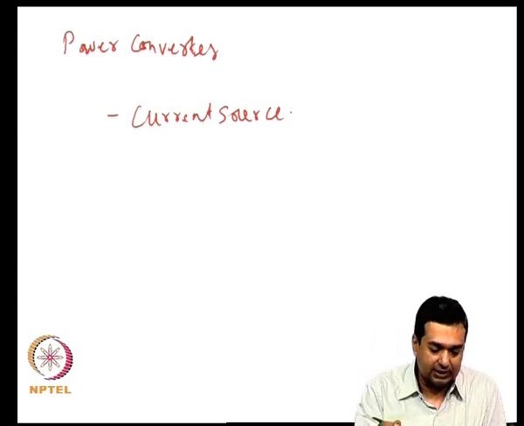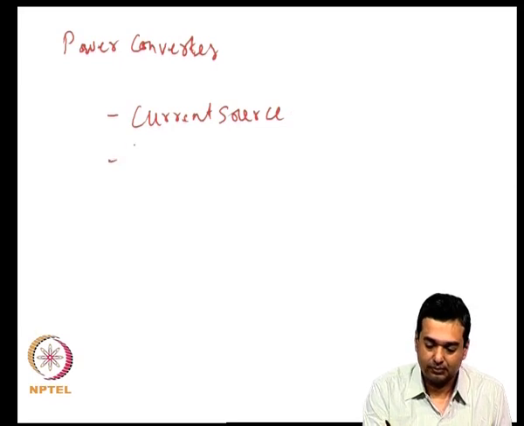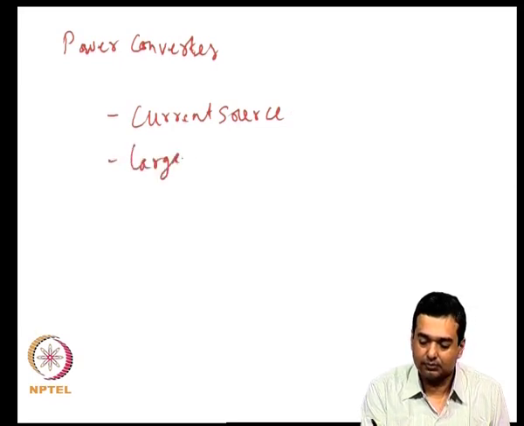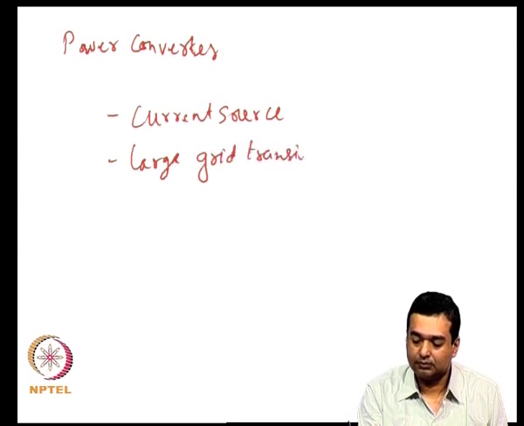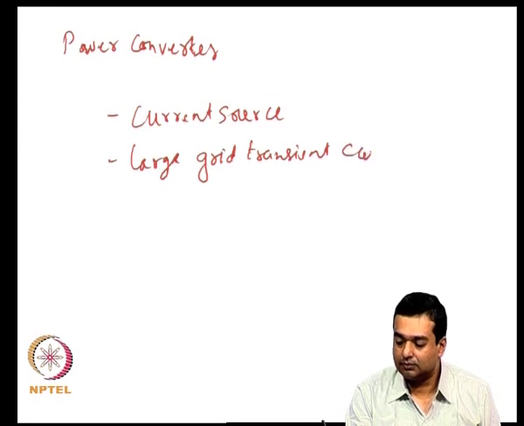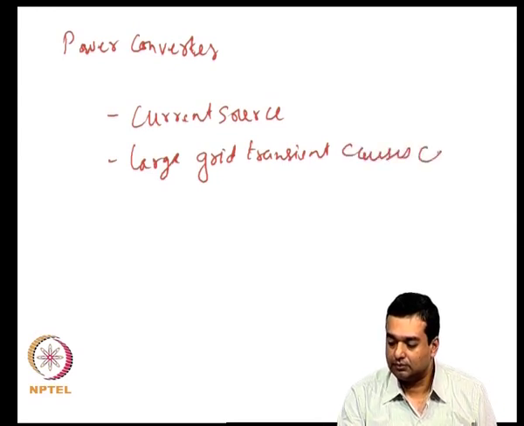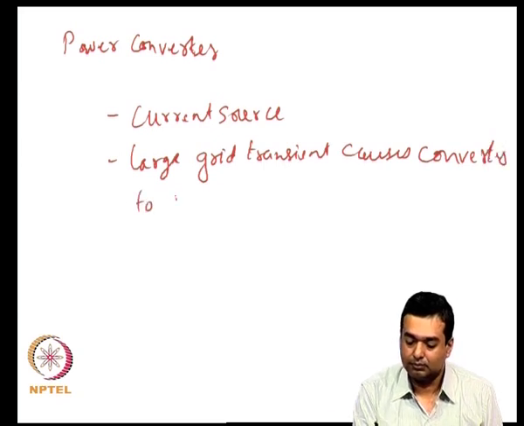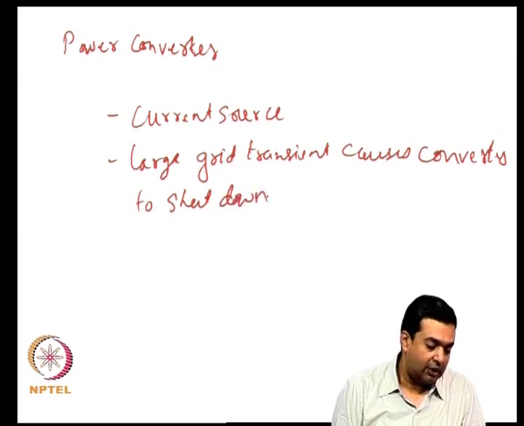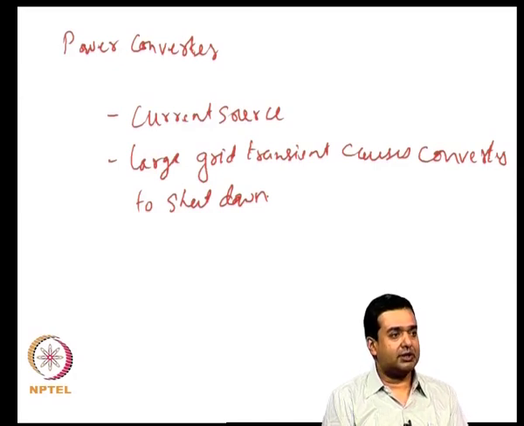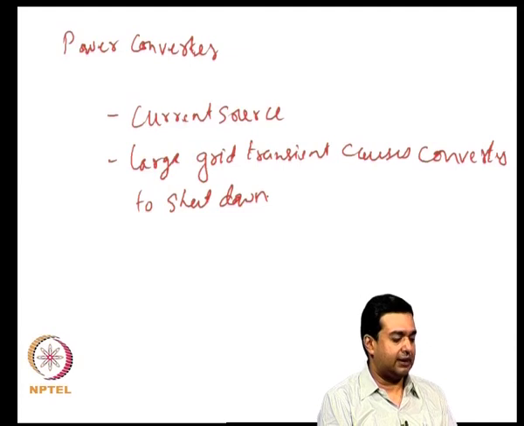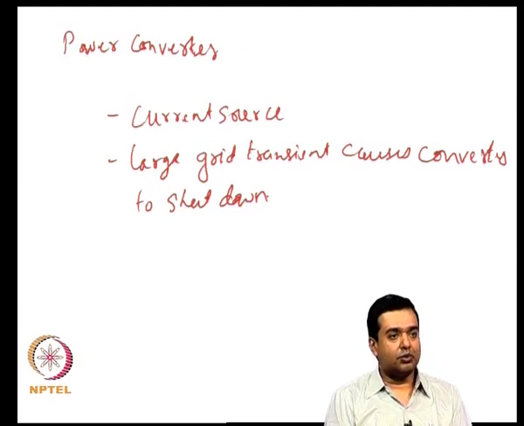So, large transients, unless you specifically design your converter to actually handle these large transients in the grid, your converter would shut down,